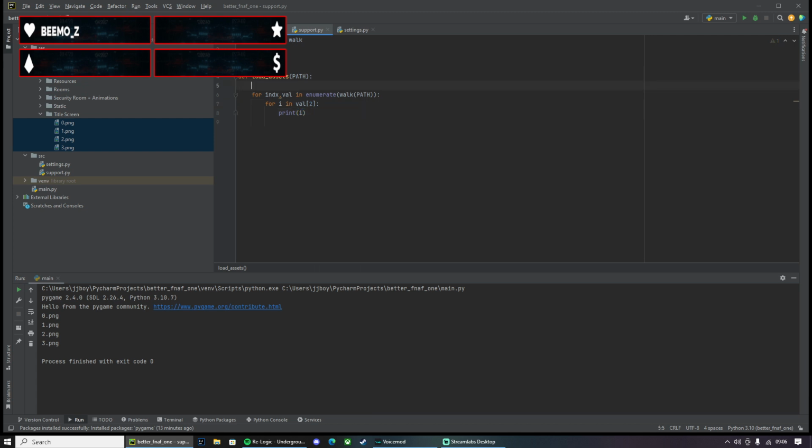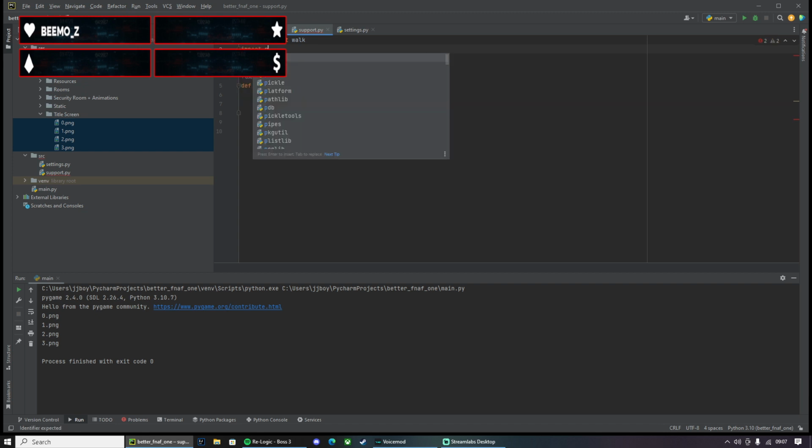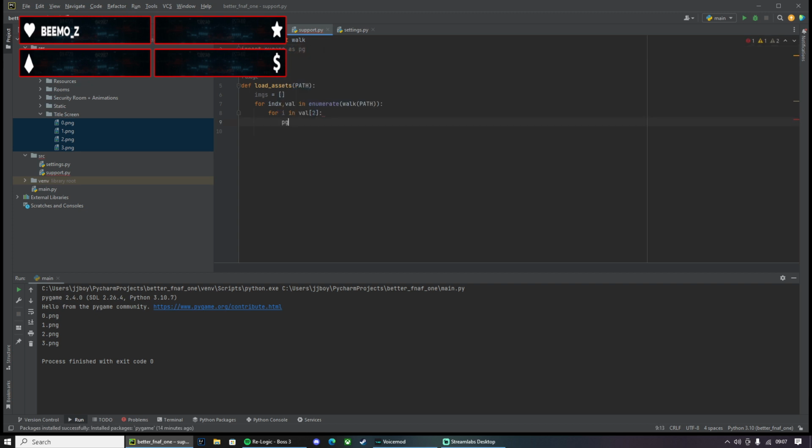Let's make a list called images equals an empty list. We've just got the images, we need to make it into a Pygame image, because Pygame converts it to its own format. So we also need to import Pygame. Import pygame as pg. pg dot image dot load.